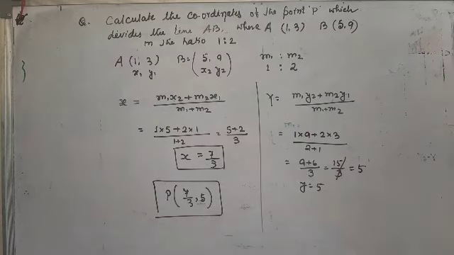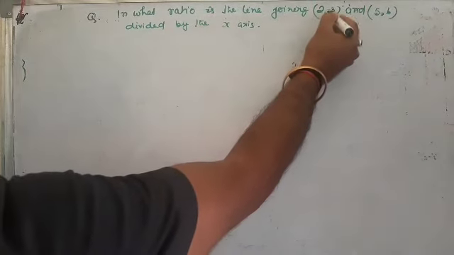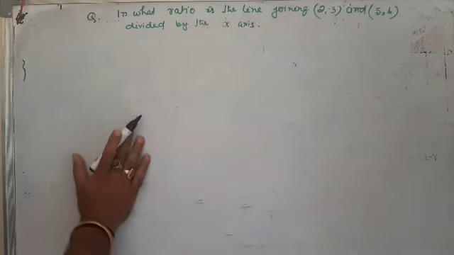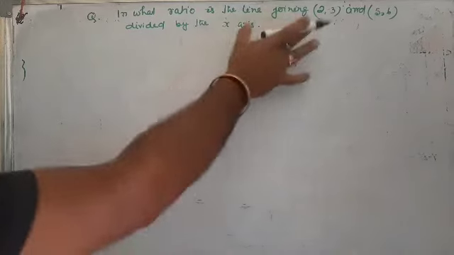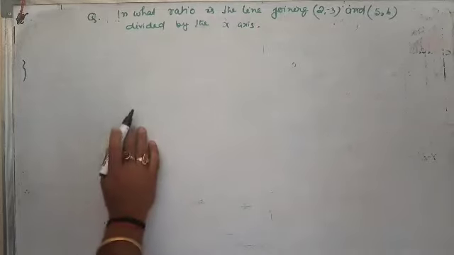So like this you find the coordinates. If m1 and m2 are given in a ratio like 3:4 or 5:3, and two coordinates are given, x1 y1, x2 y2, maybe (-1, -3), maybe (-9, 3), you take the values like this and just put them in the formula. Okay. So the question is: in what ratio is the line joining (2, -3) and (5, 6) divided by the x-axis? In this question you have 2 points given. You don't know the ratio.